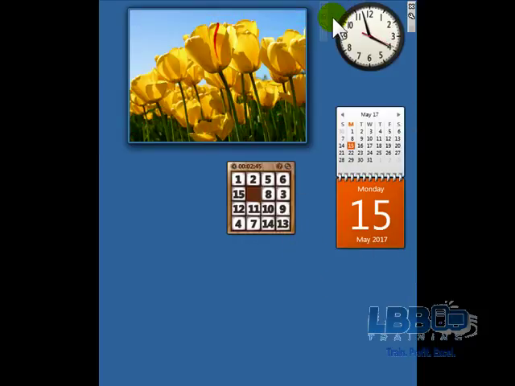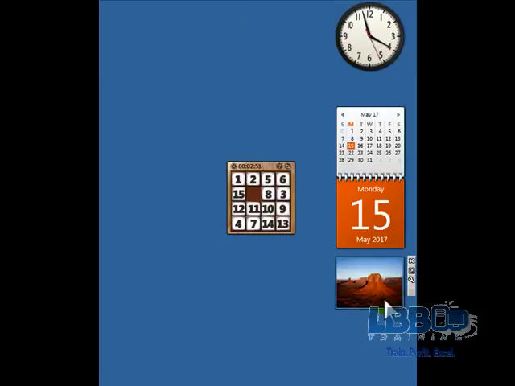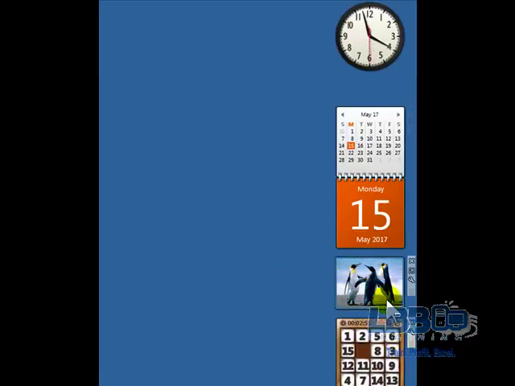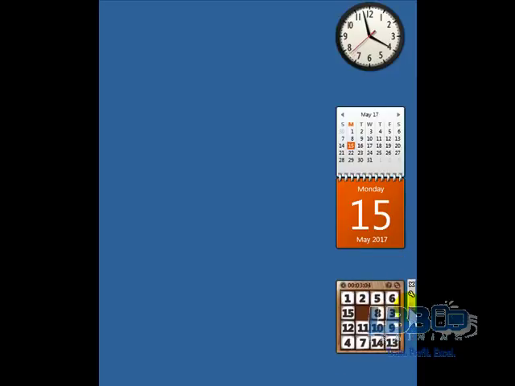So what I will do is make this smaller if I keep it around. Make this smaller, or just X that out and just keep this. But now you know what the gadgets are for. I like having the clock, and the calendar comes in handy on the Windows side. So does the clock. So when I open something,